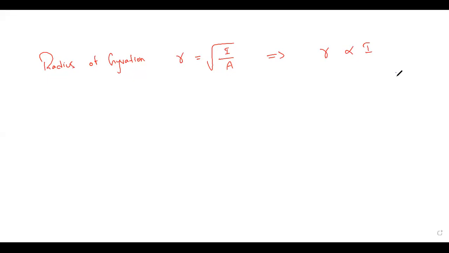When moment of inertia is more, obviously your radius of gyration also will be more. When moment of inertia is less, radius of gyration will also be less. So radius of gyration is a sectional property of the particular member section, relating moment of inertia and cross-sectional area. And coming to slenderness ratio,